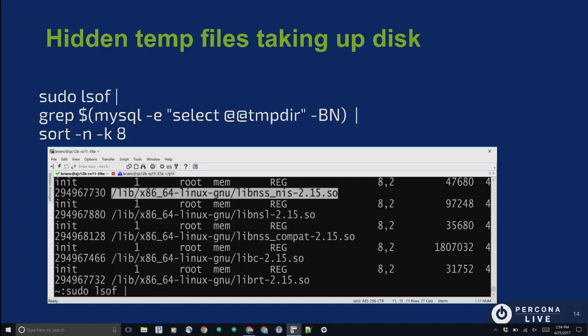But if I grep for just the ones that are using my temporary disk, or temporary tempdir within MySQL, and I sort it by the size,